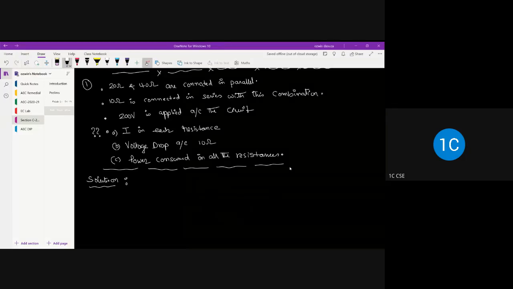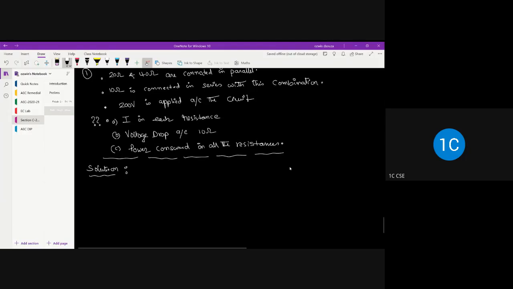So this is the problem statement. See, in basic electrical engineering, there are two ways of asking a particular question. Either they may give you the circuit directly, or they may give you the statement. In this particular problem, you can see that the circuit is not being given. Instead, the problem is explained in the form of a few statements. So whenever statements are given, always remember one thing. When statements are given, you have to frame the circuit,